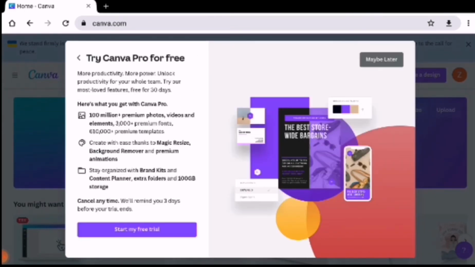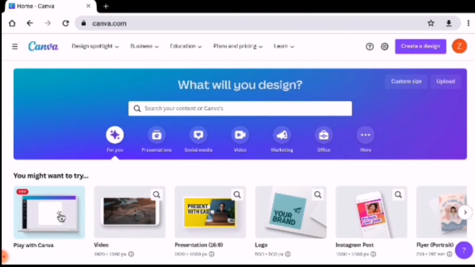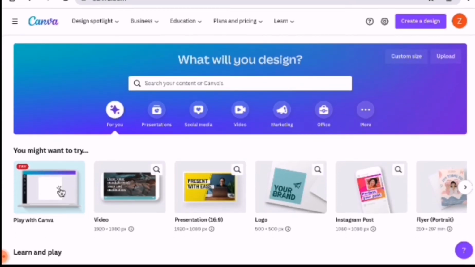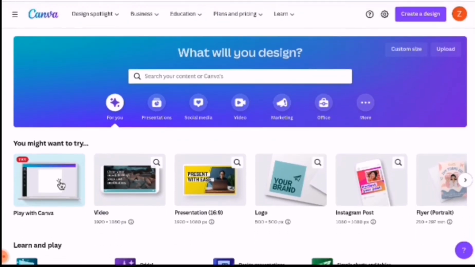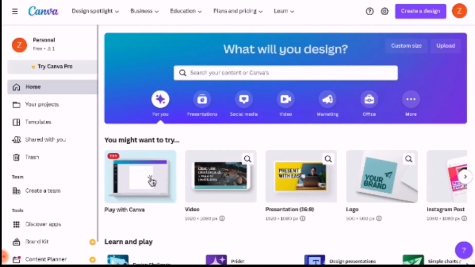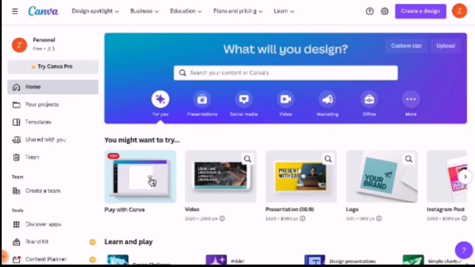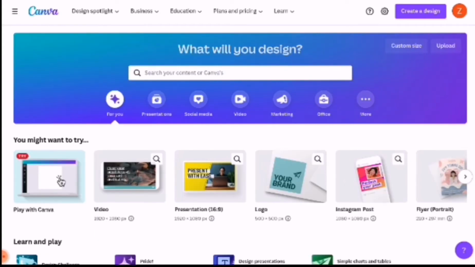You can pay for this Canva, but I am not paying for it. Now you have to click the sidebar, where you will get information about Canva, such as your projects, templates, and many other things that are available,